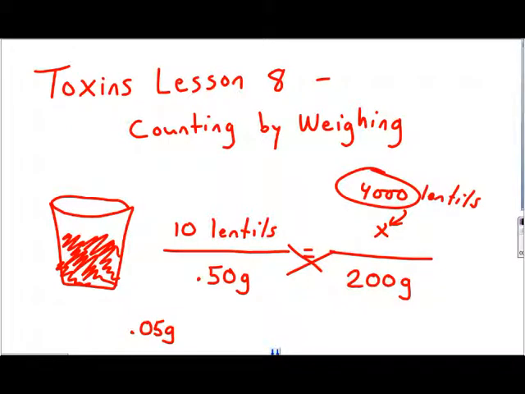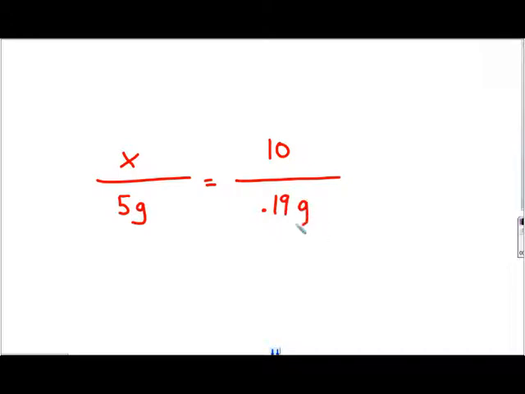Another example, I gave you a bag of rice. If you have a bag of rice, and we don't know how many grains of rice are in a bag, but we know that the whole bag of rice weighs 5 grams, and then we take some loose grains of rice, and we say, alright, well 10 grains of rice weigh 0.19 grams. By taking a small number of grains of rice, average size pieces of rice, we can set